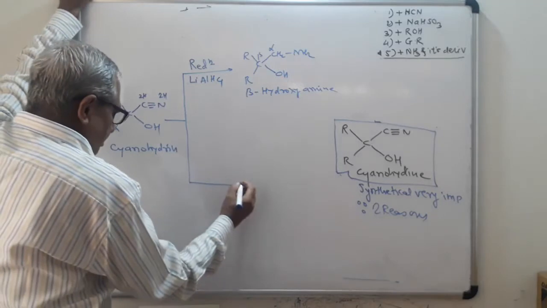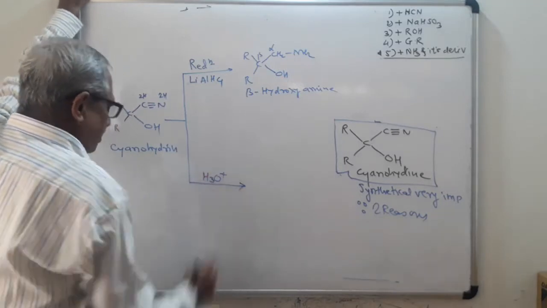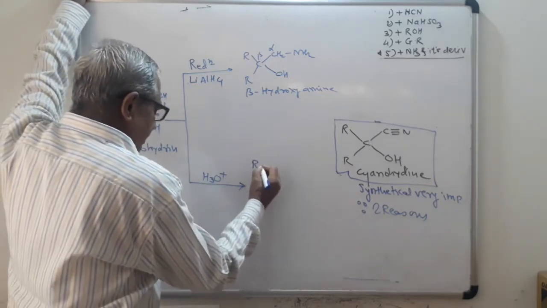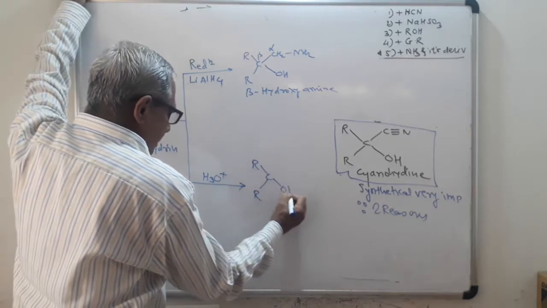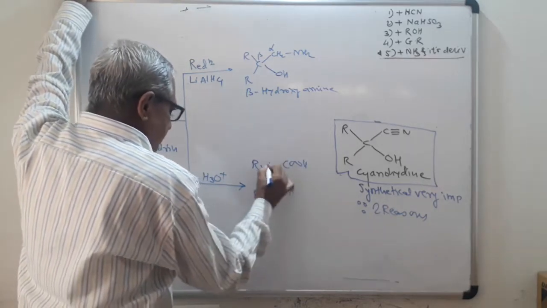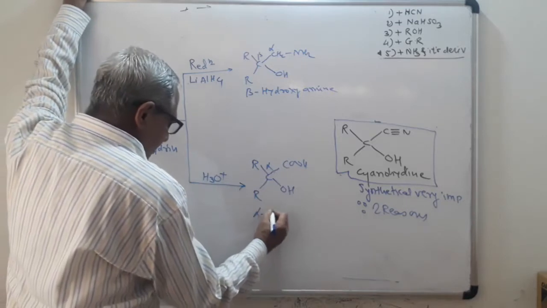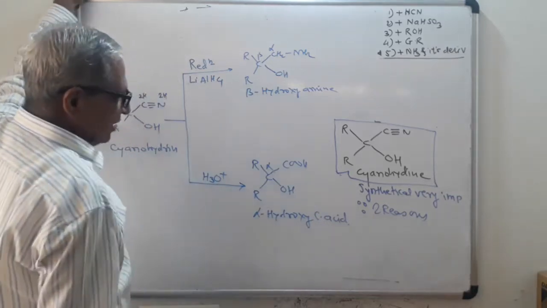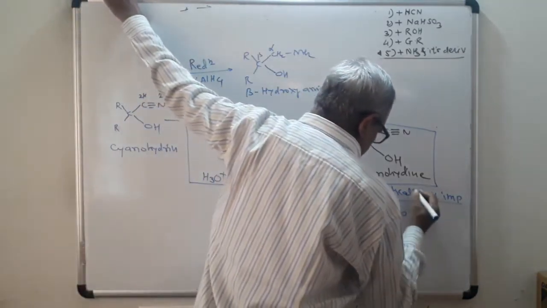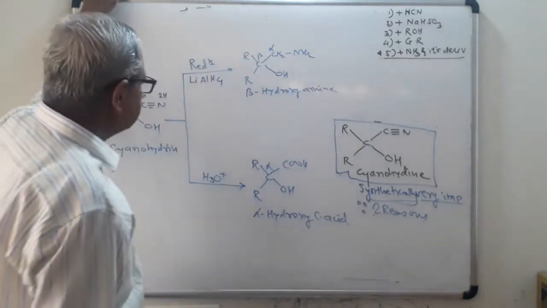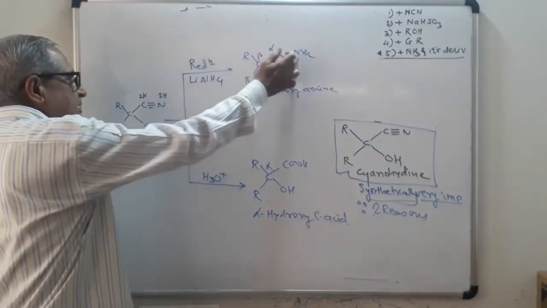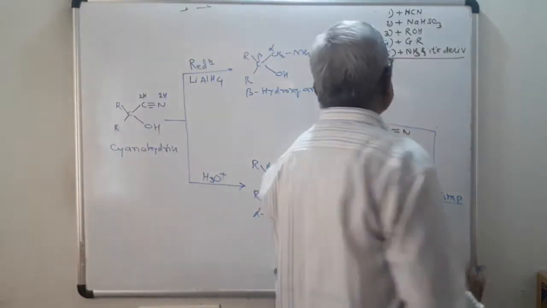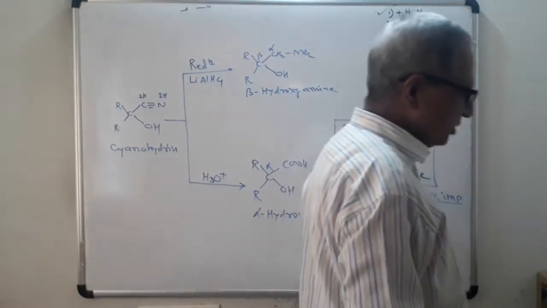Then second reaction, do the acid hydrolysis, H3O plus. During this reaction, this CN group will be converted to COOH. You will get here C(OH)-COOH. This is your alpha carbon. So you will get alpha hydroxy carboxylic acid. Therefore, this reaction is synthetically very important because of two reasons. The first reason, reduction of cyanide will convert into a primary amine, and the second, this will be converted into alpha hydroxy carboxylic acid. So we completed the first reaction, addition of HCN.